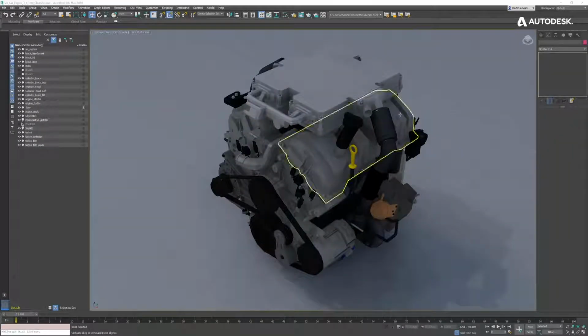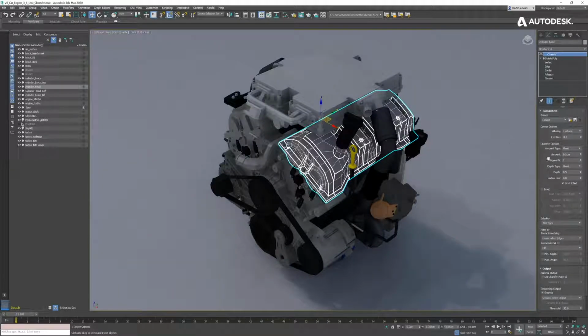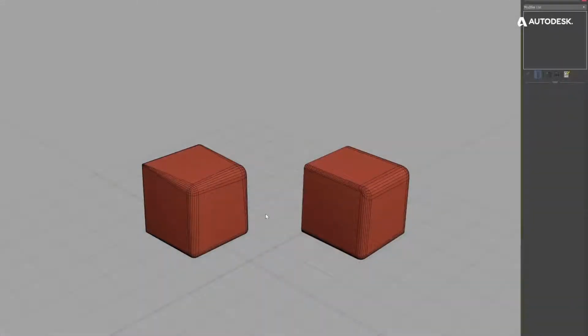In the 2020 release, we added the ability to drive the chamfer amount with crease weights. With Update 1, you can also use the weight channel. To help visualize the difference between driving the chamfer amount with crease weights and by weight, here are two different